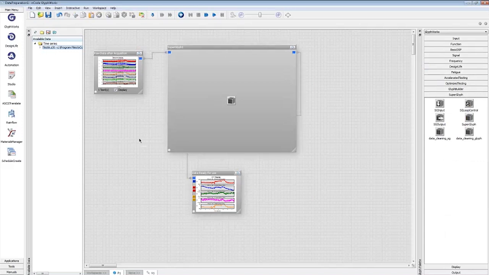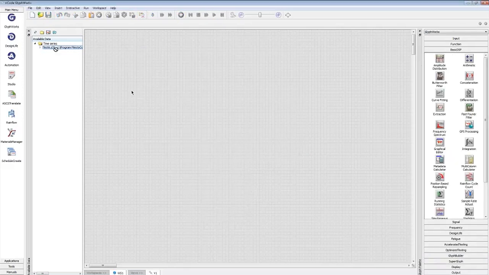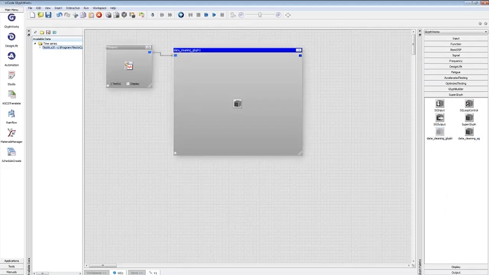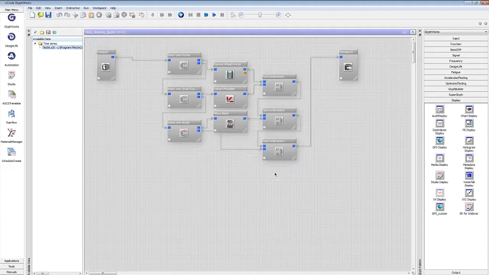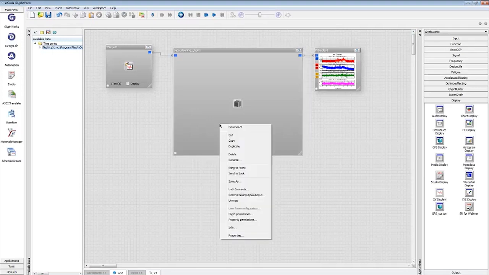Okay, so now let's say we end this flow or get rid of this flow, and at some other time I have new data. I can pretend like I have new data there. I can go back to my SuperGlyph palette, drag that glyph right back onto my workspace, connect it up, and then view the results. And it works just like it did. All the glyphs are in there, working just the way that they did. So this is a very useful way to create a set glyph that does a specific series of calculations. Furthermore, if you are in a methods group or something and you distribute these to the other users,